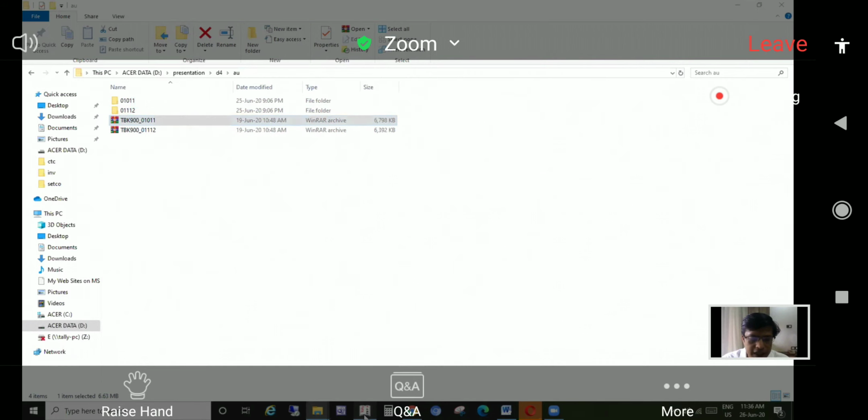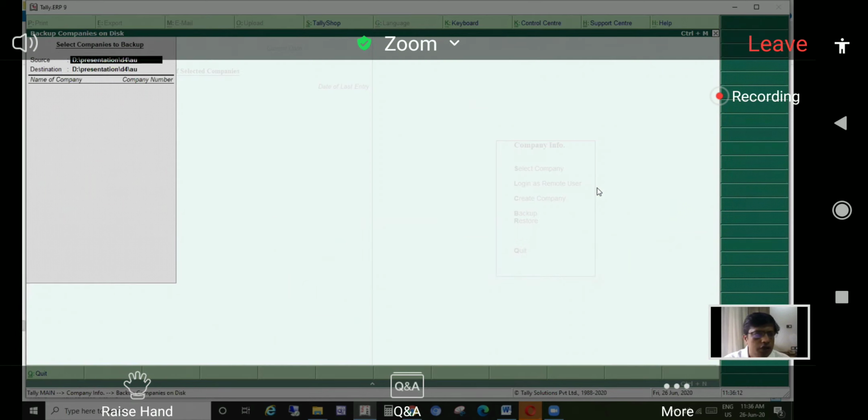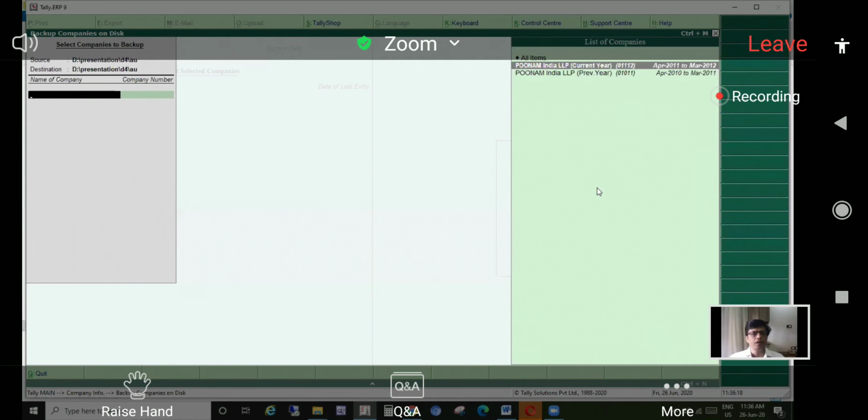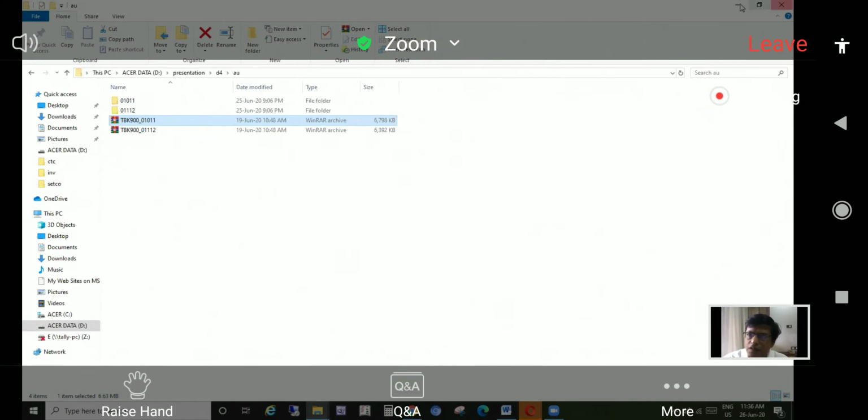So you go to Tally, and then you go to either the first if you take the backup. Here you can just write the path, the destination, and then select the company which you wish to take the backup. And the same process we follow for the restore of the company. Although very small, many users forget this particular step of how to take the backup, so we'll start with this.